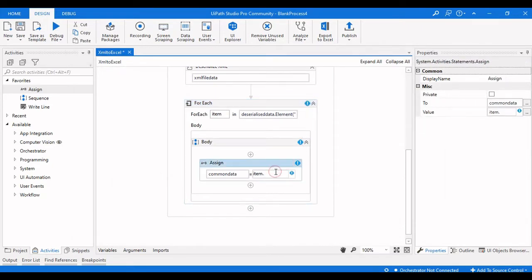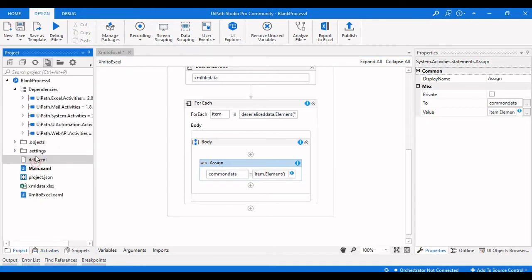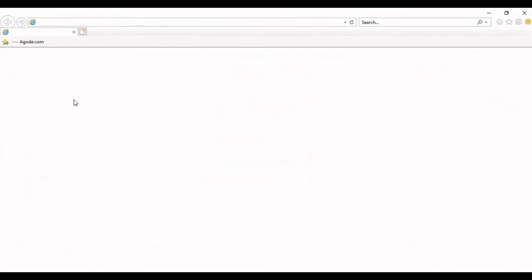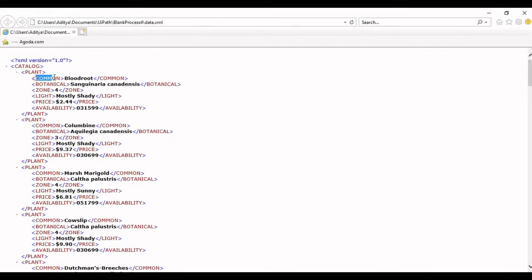Then we are able to see the element here. Element of which element do we need to get from this particular XML? We need to get this common element.